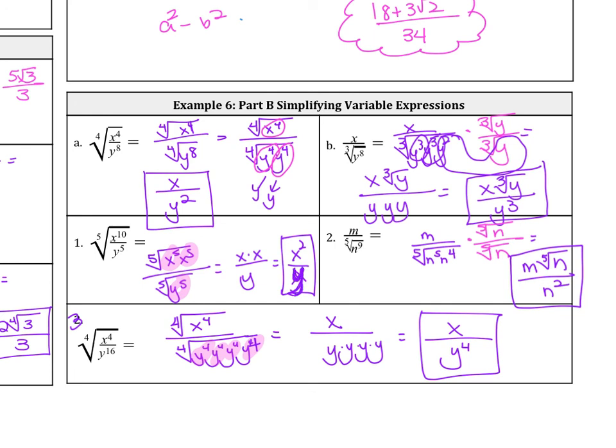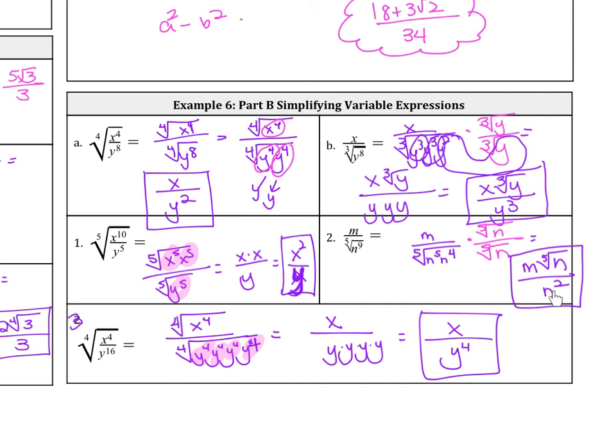Then we have the next one. We have m, and we can break down the n's as n to the 5th, n to the 4th. So notice we need one more n, so let's multiply by 5th root of n over 5th root of n to add one more n here. So then we would have m times 5th root of n all over, and there's 2 n's to the 5th